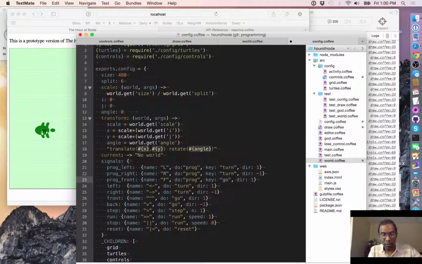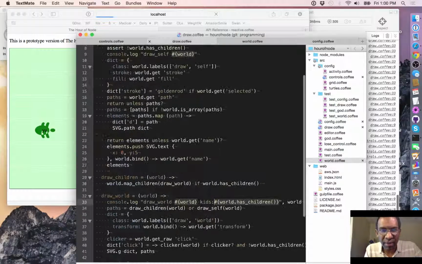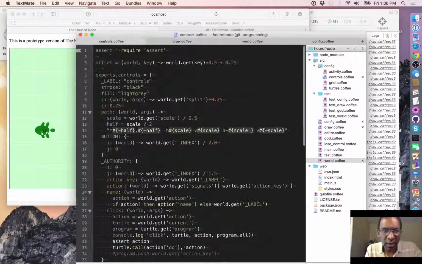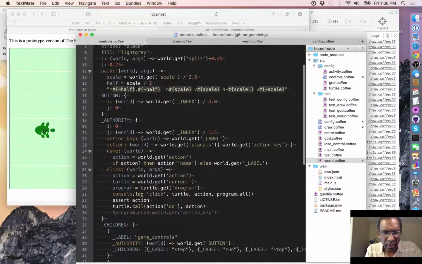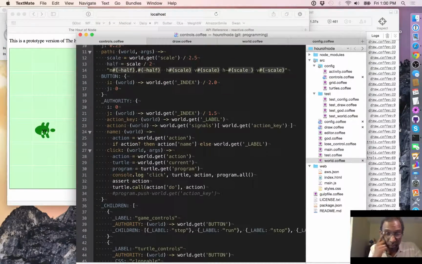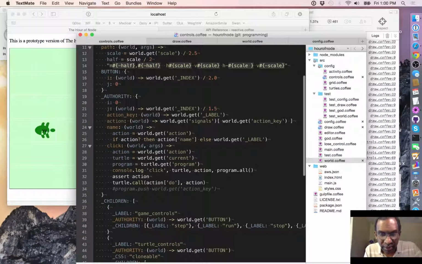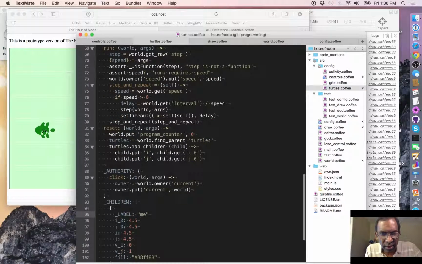No, let's go back and look at what I want these things to do. What I want to have be happening here in my controls is, I do the action and I pass it the dictionary, and then I need to define in my turtles file here